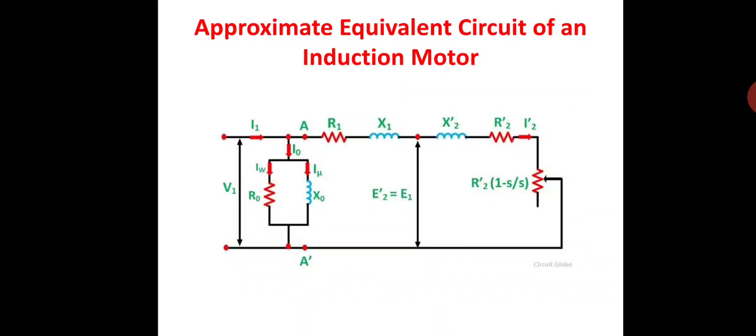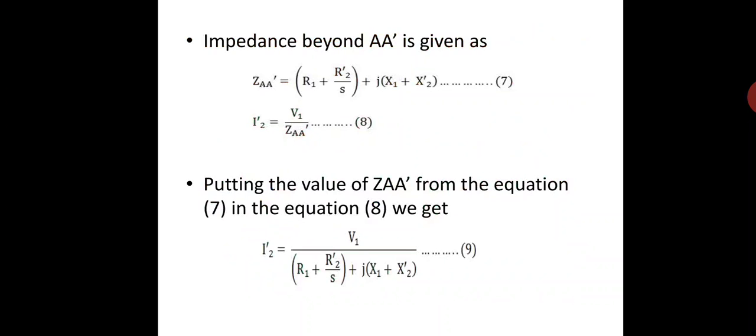All the remaining parameters are stator parameters. This X2', R2', E2' are all the rotor parameters. When transferred from rotor to stator, they become primed. So from this circuit, beyond A', we can write the impedance Z equal to